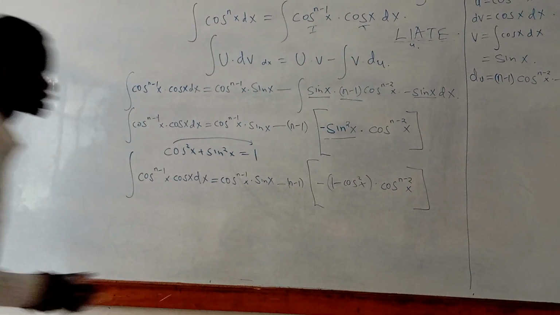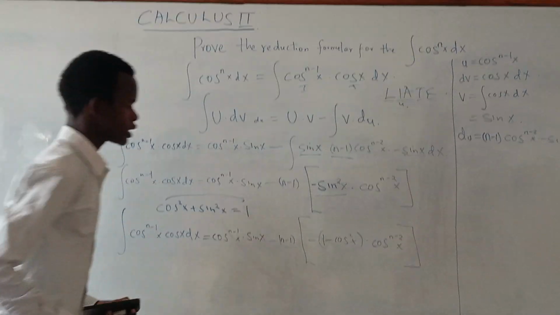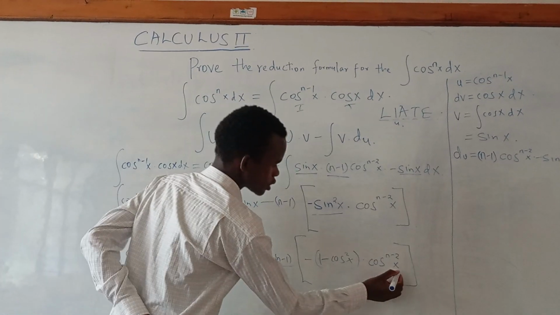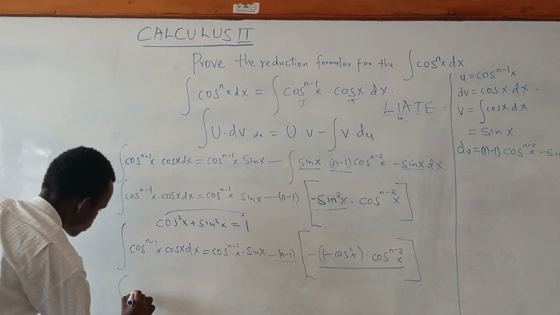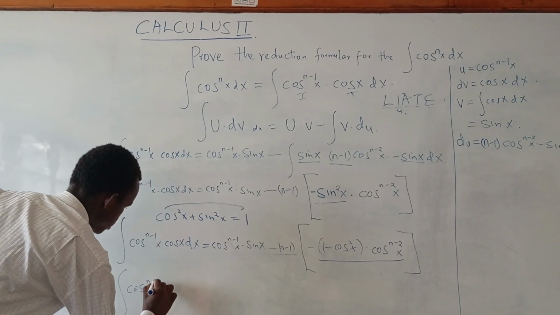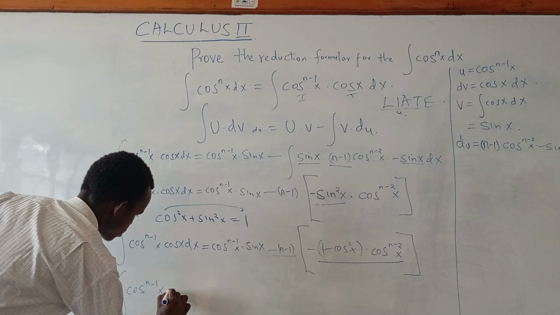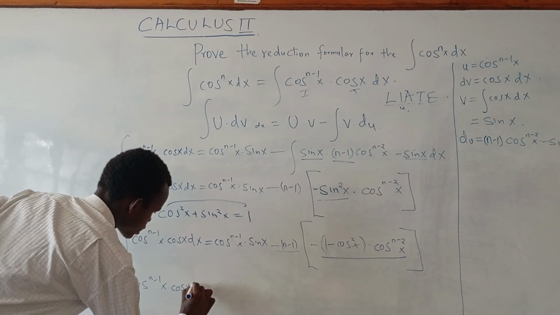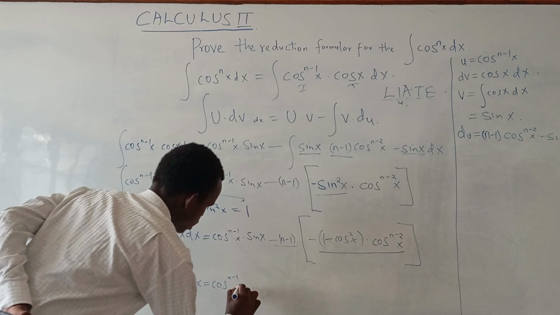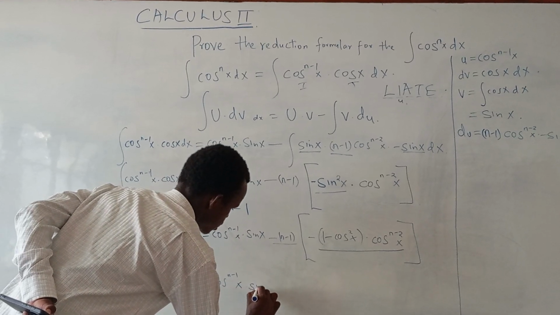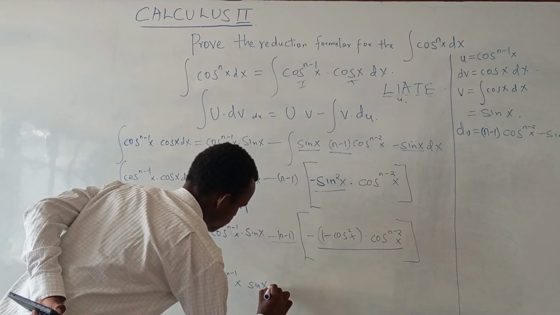From here, let's distribute this inside the integral. Again, let's open this. So we get our integral of cos to the n minus 1 of x multiplied by cos x dx equals cos to the n minus 1 of x multiplied by sine of x